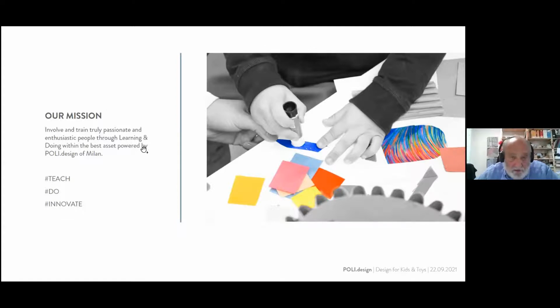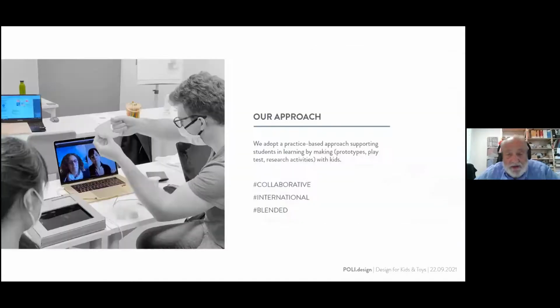And as I said before, in a systemic way, because every kind of product used by children is a system, not only a functional object. Our approach is collaborative, international, and blended. Our approach is also related to a network of experience, skills, and professionals, and we work very closely with companies and with other designers or professionals with different skills, because it is really important in design, and especially for design for kids and toys, to have a collaborative and international approach,